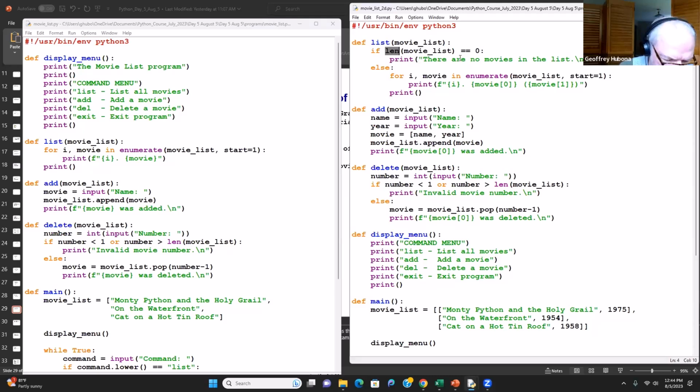Print there are no movies in the list. Okay, so that's an enhancement over the first movie list program. However, if there are movies in the list, it simply uses enumerate, just like the original program does. But with this slight change, it is now printing out both,